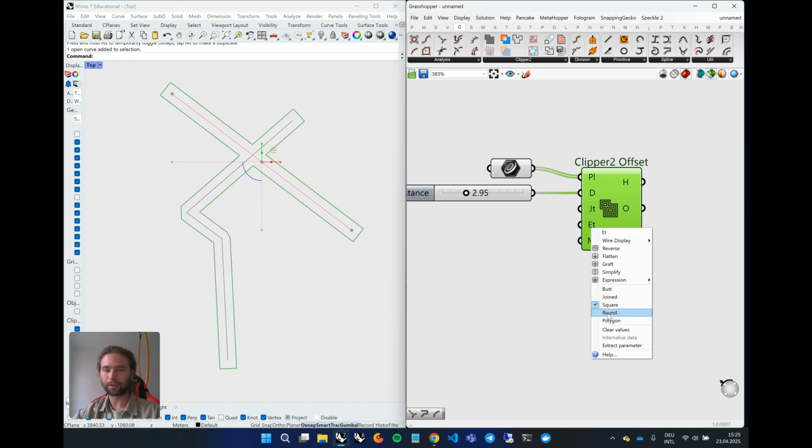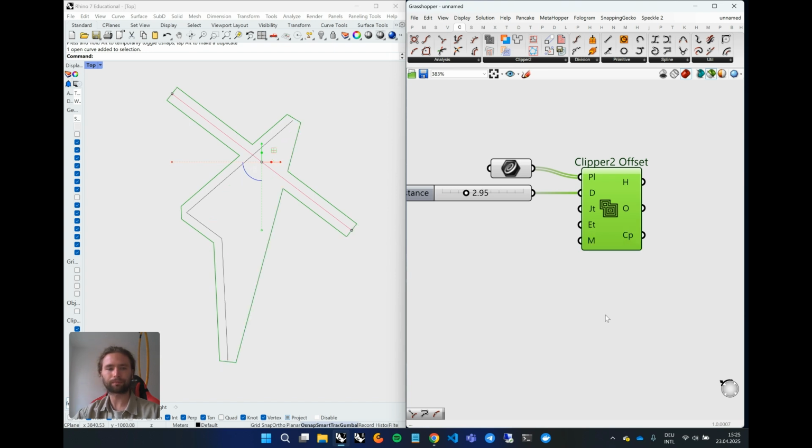And also it has round, which we try to avoid, and it has the polygon. So polygon is pretty useless for us. I would say the but works the best because it does not introduce any extensions to your streets, to your